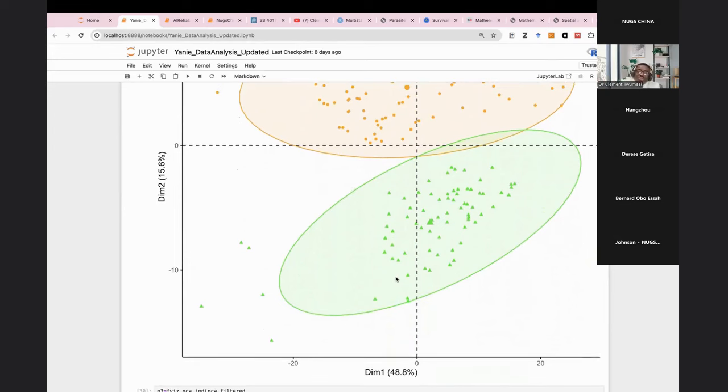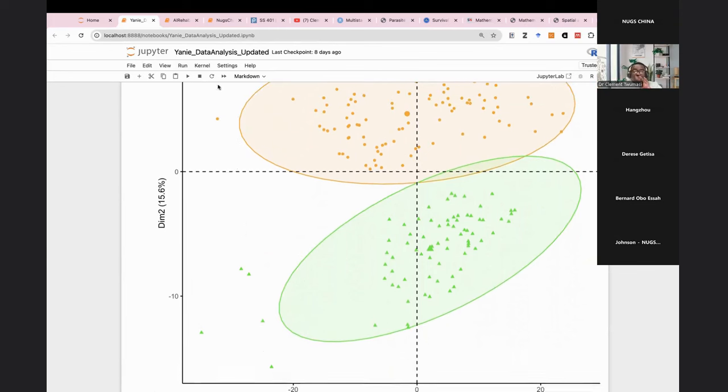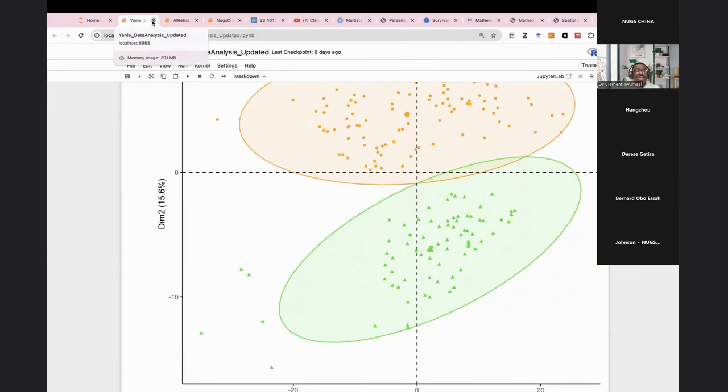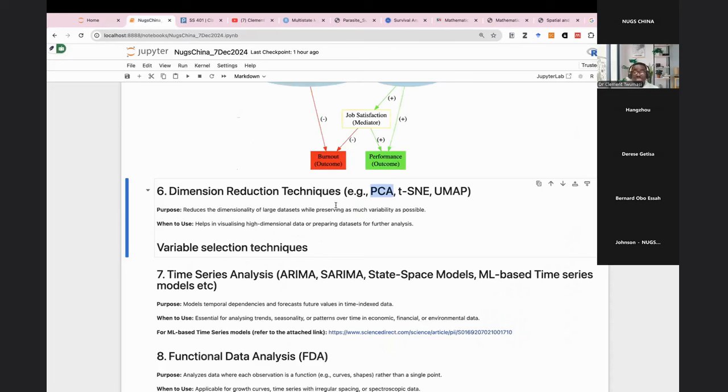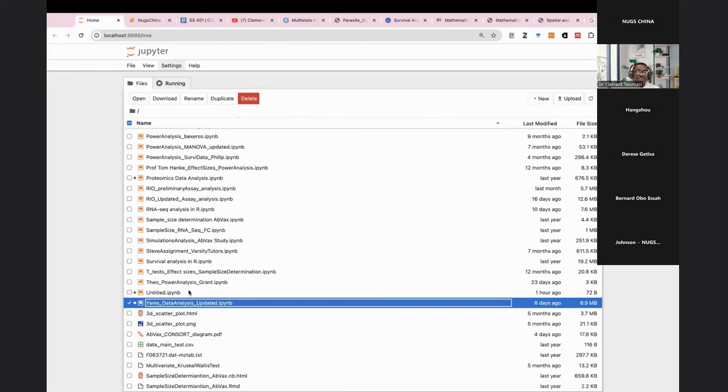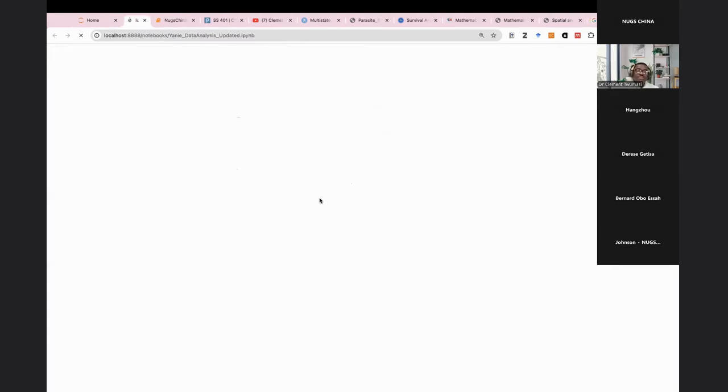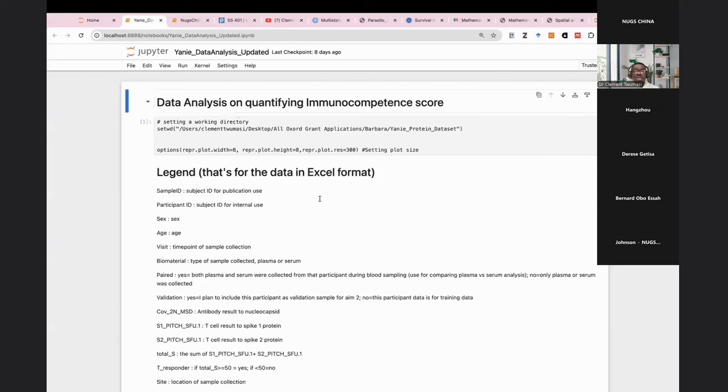And that's how beautifully you can use principal component analysis to visualize that. So I would say that principal component analysis is multi-purpose. One could use it to aid in variable selection. One could use it to reduce the dimension of the data and include those principal components as predictors in a model. And thirdly, one could also use it to visualize patterns that exist in the data. But if you use it in a regression model, the beauty is that